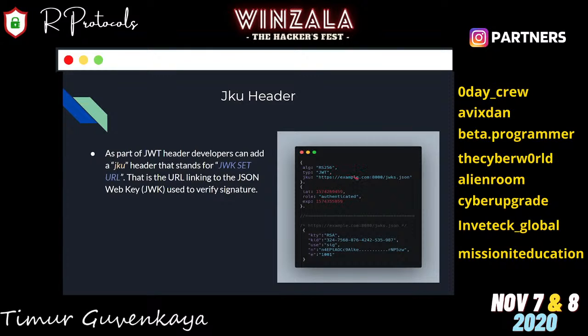JWK is a JSON web key, basically the JSON object of the cryptographic key, of the public key. Here you can see the N and E values. N is a modulus, E is an exponent, and by combining those we can generate an RSA public key.